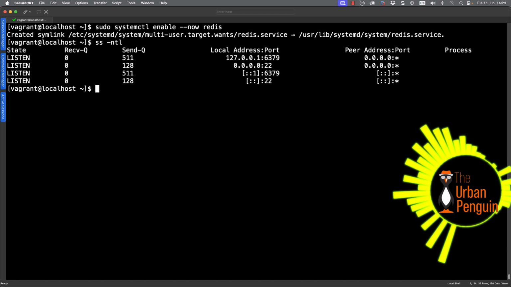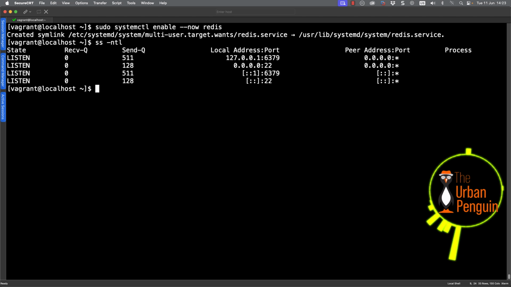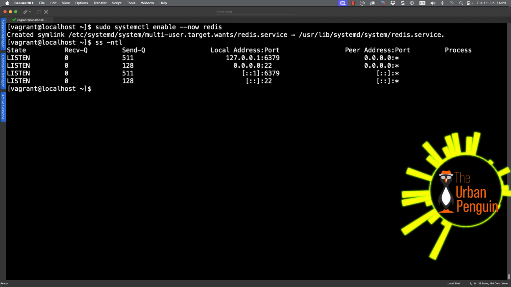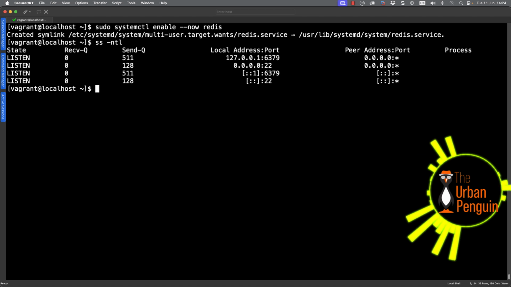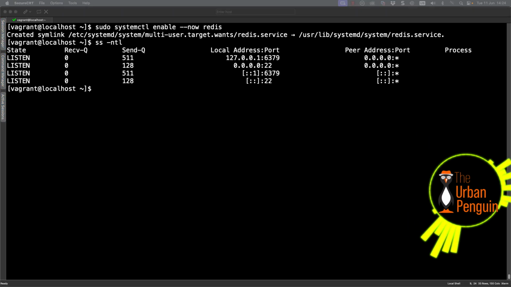If I look at my open ports with ss -ntl, you can see by default it's listening on the localhost on port 6379. Now that's acceptable for me, but if you do need this to be accessible over the network, you'd need to go in and configure Redis further. But for the moment, we'll leave it unconfigured as this will work for the demonstration.